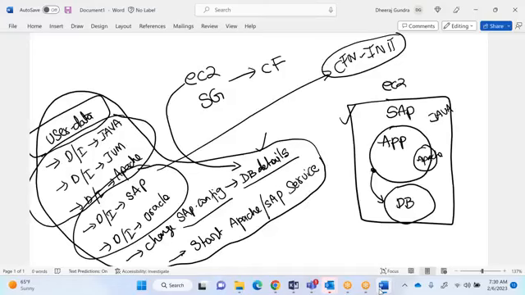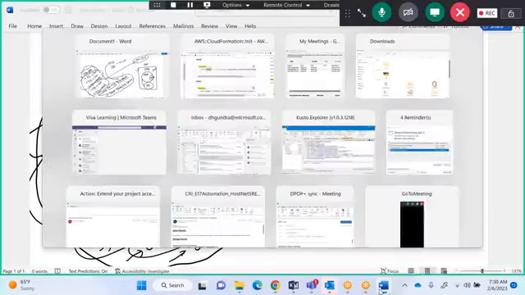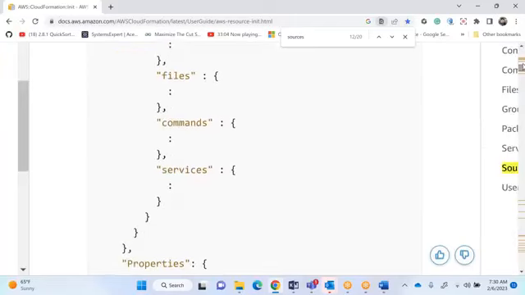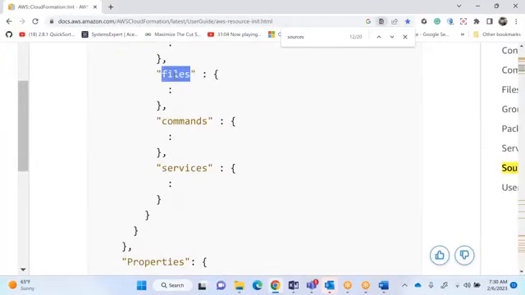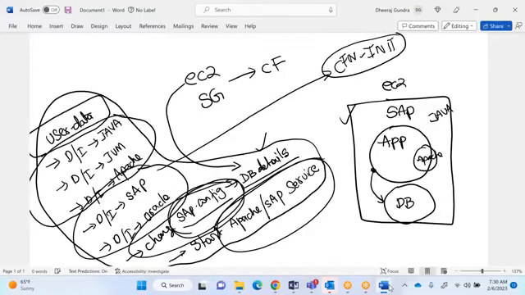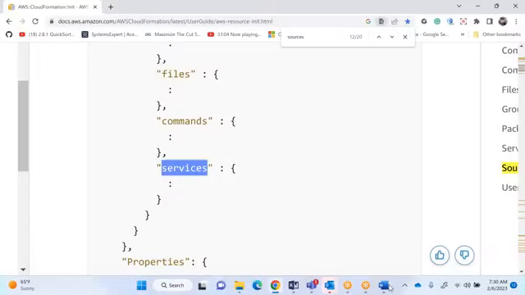It will download. Next one, what do you need? Sir, you need to run some commands, some scripts, you need to create something like changing the file, creating the file, these kinds of things. It is available here. See here, sir. Do you want to create any files? Do you want to run any commands? And do you want to start the services? You remember this step, the last step. Start the SAP or any kind of start, changing the configuration, running some commands. All these things are available in these 3.